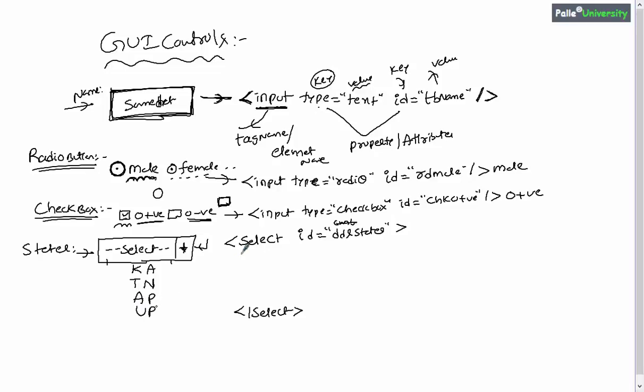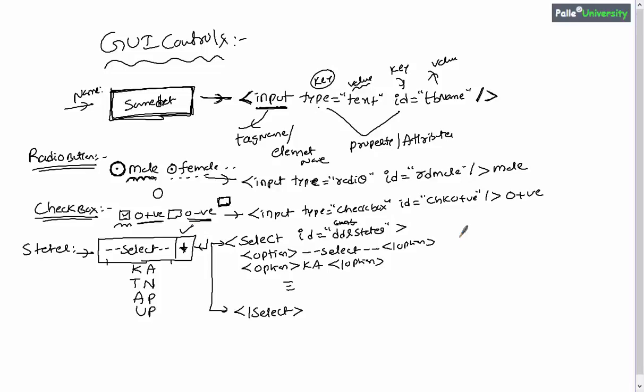So in order to display the content inside the drop down list, you have to use one more tag called the option tag. So where exactly do we need to write the option tag? Remember, it should be written between the opening and closing of the select tags. You should write option, and whichever item you would like to see first, that option name you should write here. In a similar way, one more option, maybe state name KA, end of option, and so on and so forth, right? So this is how you will be creating a drop down list.